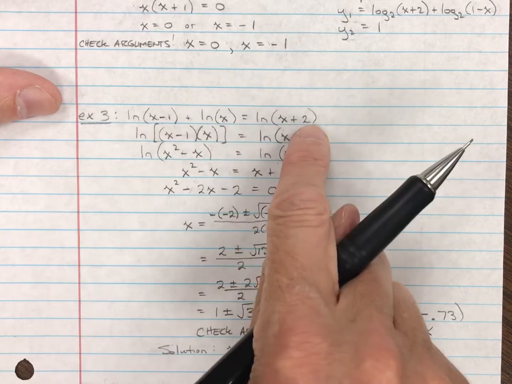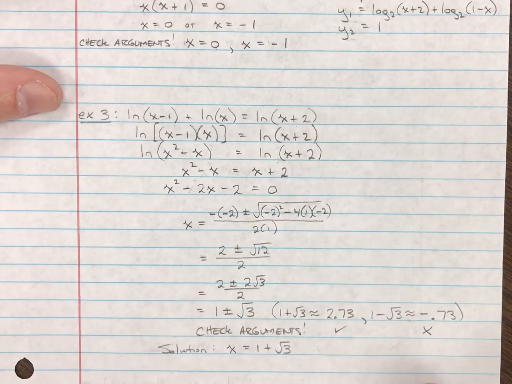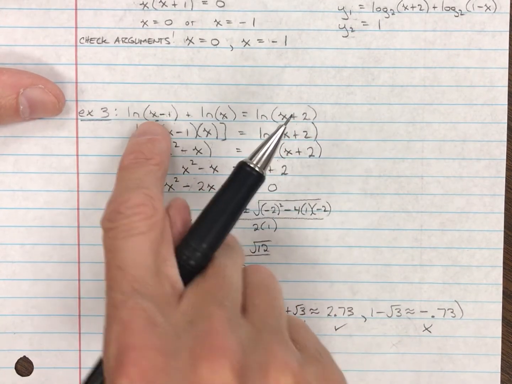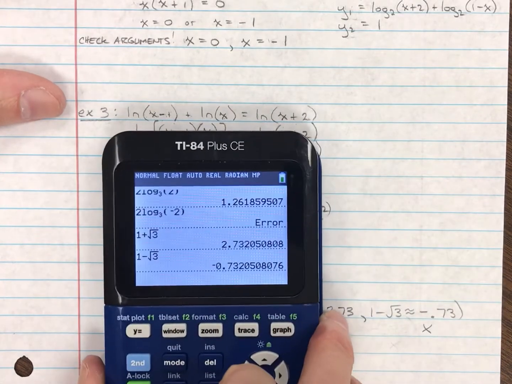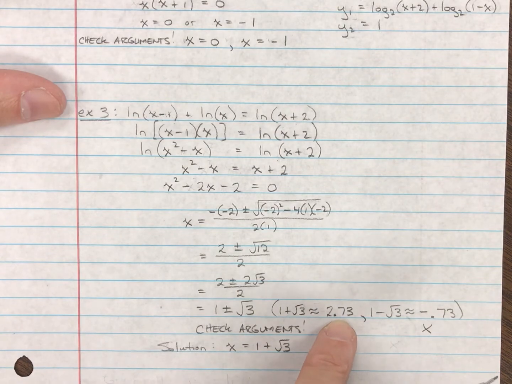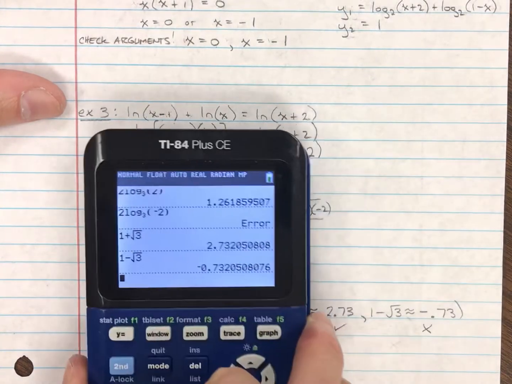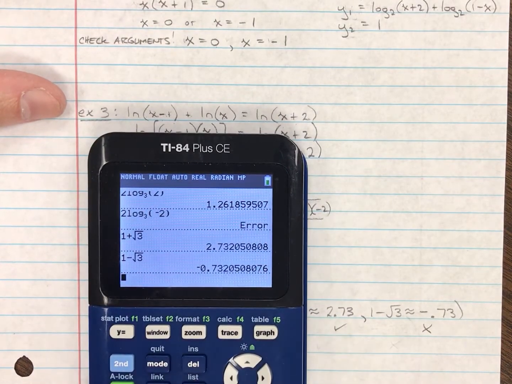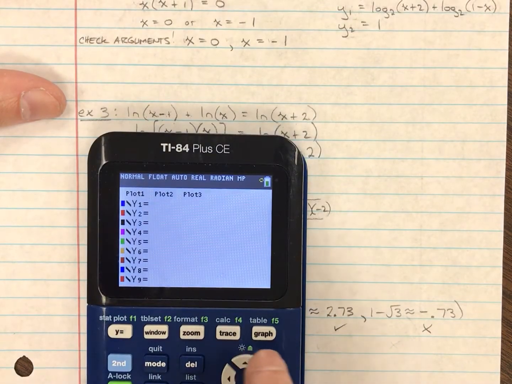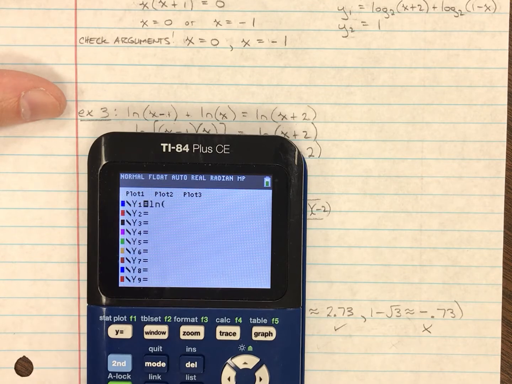We could put all that in here and check it with the calculator. If you want to graph, let's graph both sides. Graphically, we think the intersection should be at approximately 2.73 because that's the answer. Let's solve this graphically. Let's clear these out. So the natural log of x minus 1